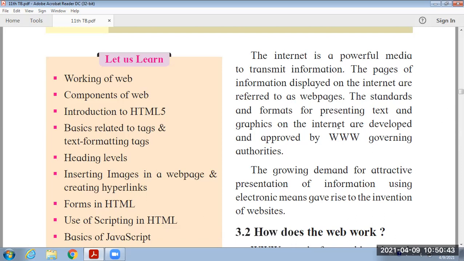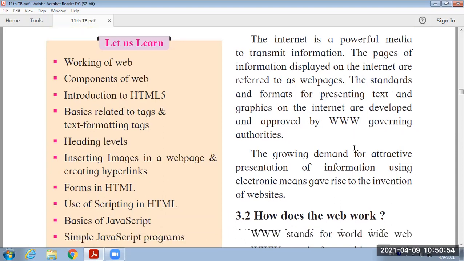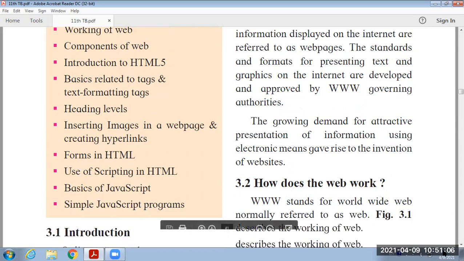The standards and formats for presenting text and graphics on the internet are developed and approved by the WWW governing authorities. That means all the different contents of our web pages are approved by the WWW, that means the World Wide Web.